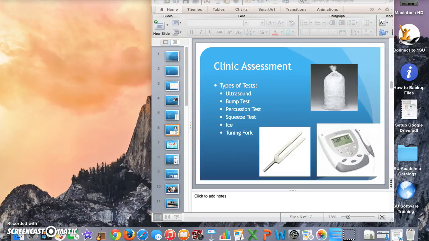We also have the ice and tuning fork methods. These methods I got anecdotally from my preceptor at Warren County, Jeff Crawford. Ice can be applied to the upper extremities or lower extremities, and his rationale behind it is that ice will make the muscles contract, which will pull on the fracture, causing